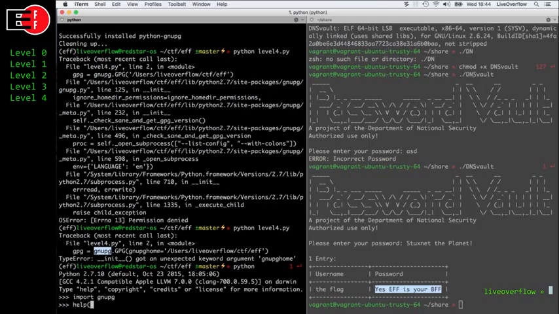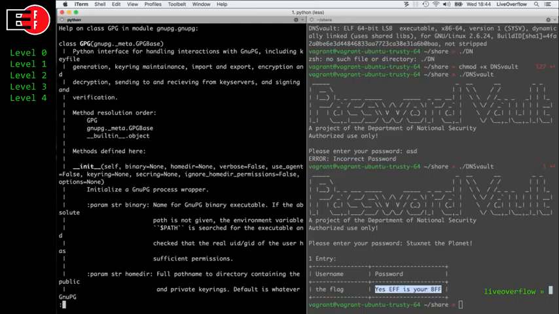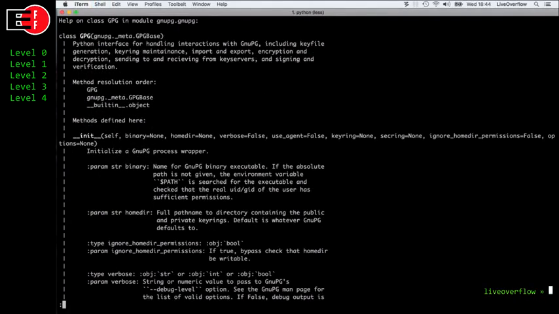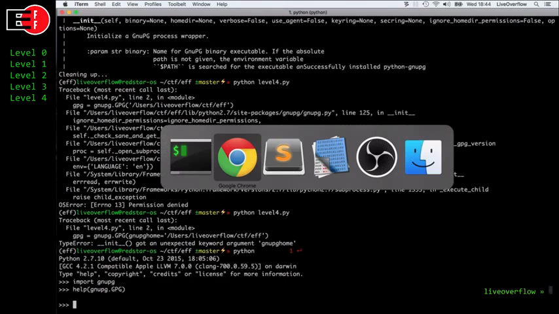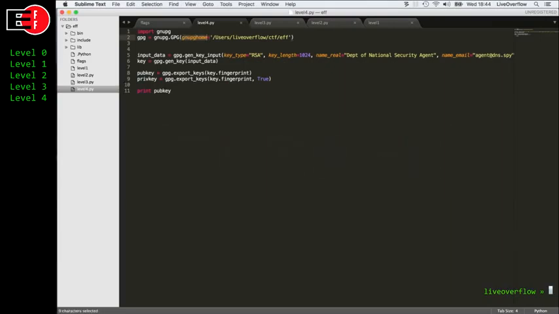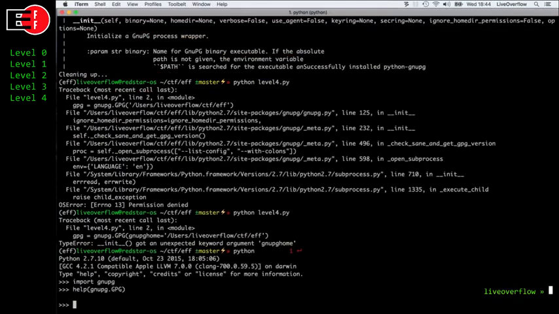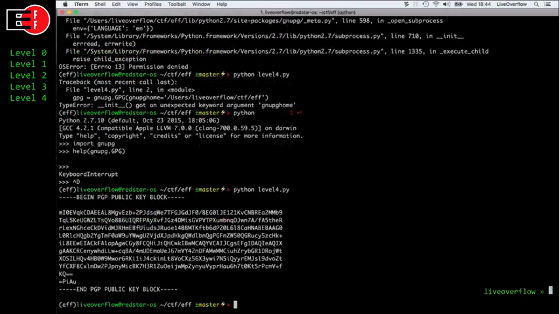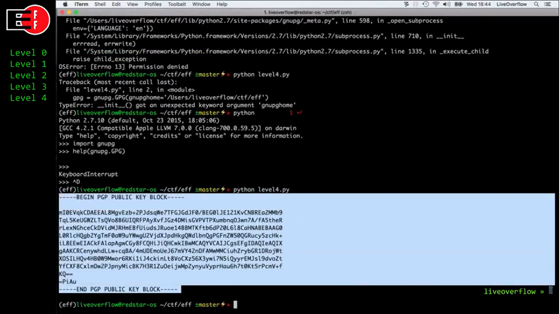Now it's the point where I should maybe check if this parameter really exists. So I just import this module and use Python's help on this object to see what kind of parameters it has. And when you look closely there, you see that there is a home dir parameter. So it's not GNU PG home, but it's now home dir. So apparently the documentation that I found online is not the current version. And then we can successfully execute the program and we get the public key,